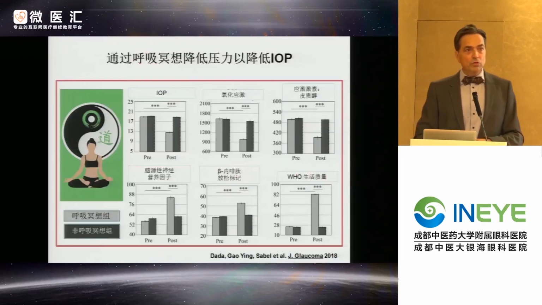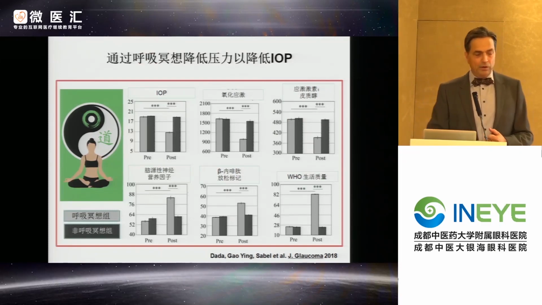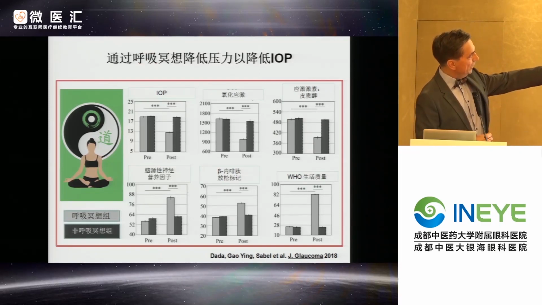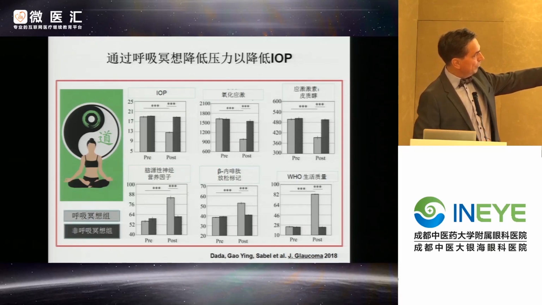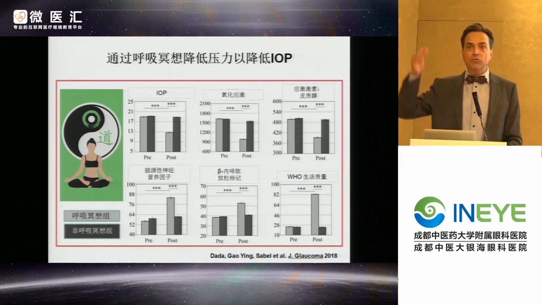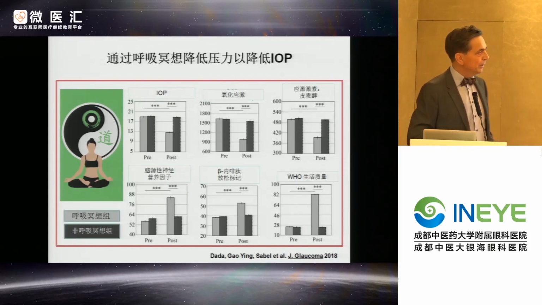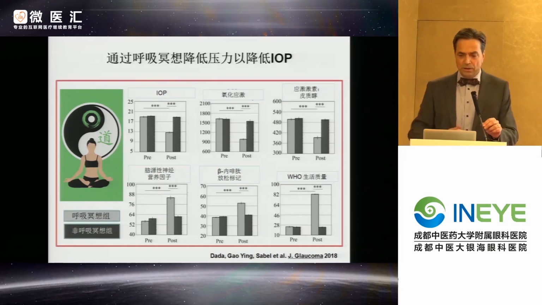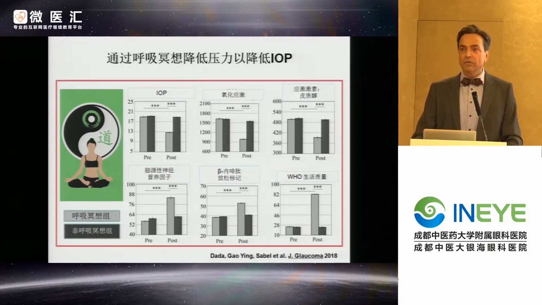Next. So we introduced a meditation program for our patients and asked them for 3 weeks to daily meditate with a simple breathing exercise. And what we found is that the ocular pressure, the intraocular pressure in the control group stayed the same, which is the black bar on the upper left. But in the meditation group, the intraocular pressure reduced significantly, which was associated with changes in oxidative stress, in cortisol levels, which is a stress hormone, but it had a beneficial effect on brain-derived neurotrophic factors, endorphins, and quality of life with a simple relaxation exercise.